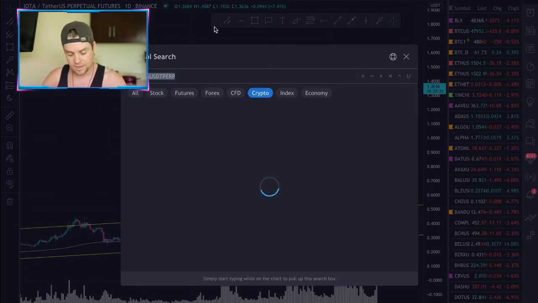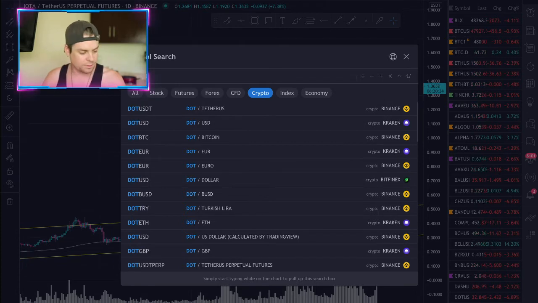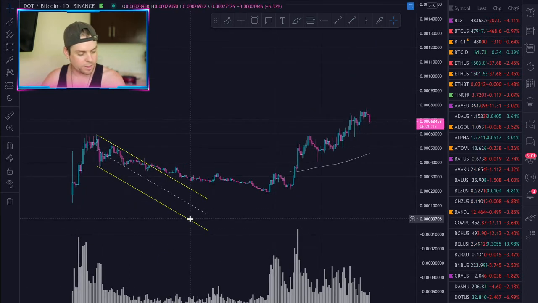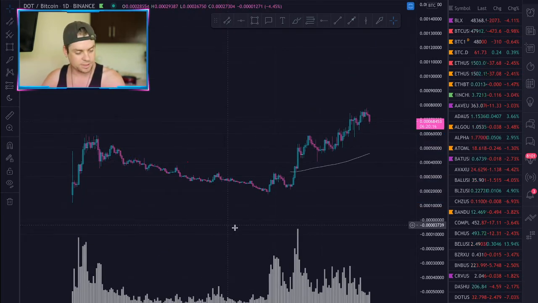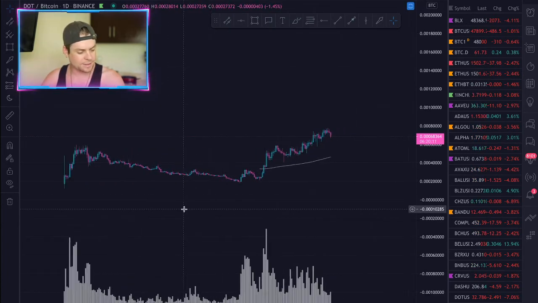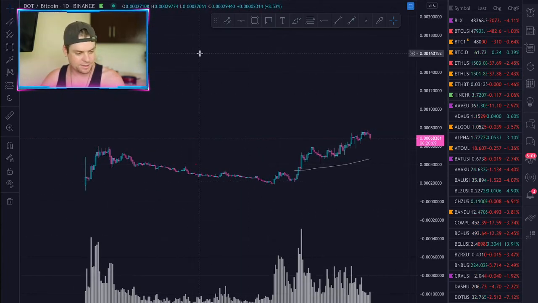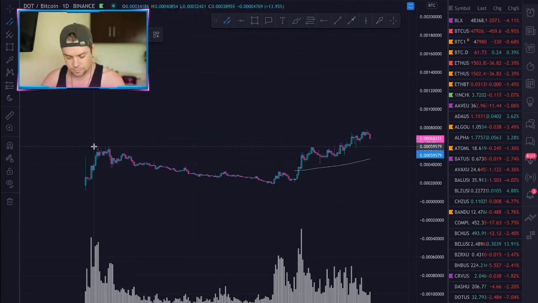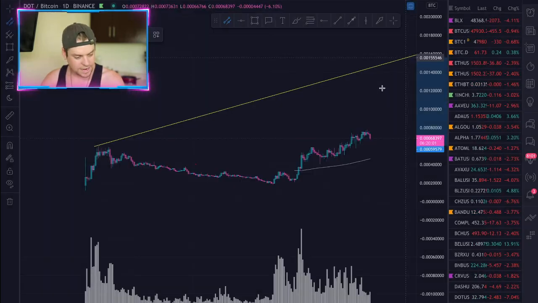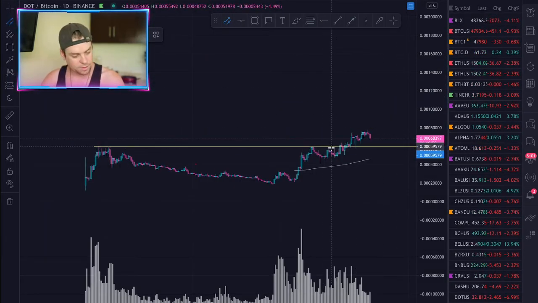I think that Polkadot's in a nice place because it's a beautiful governance token, and it hasn't been performing extraordinarily well when compared to some of these other governance tokens. It's offering a lot of products. It has a DEX, it has an NFT market, it's got this, it's got that. It has a lot to offer, and it just hasn't shown the performance of some of these other Ethereum-based assets.